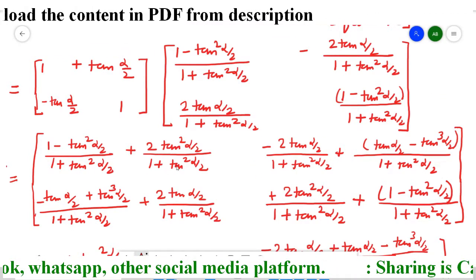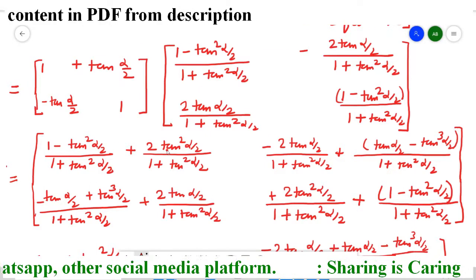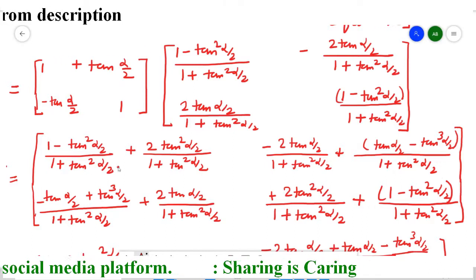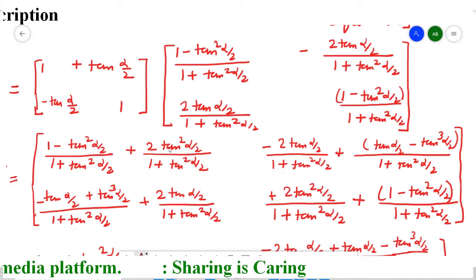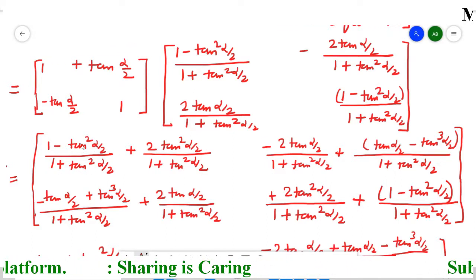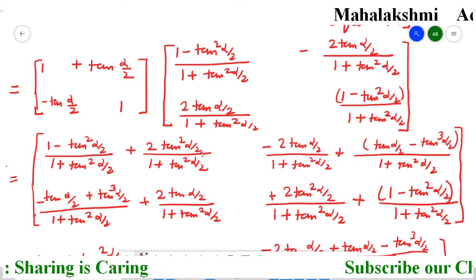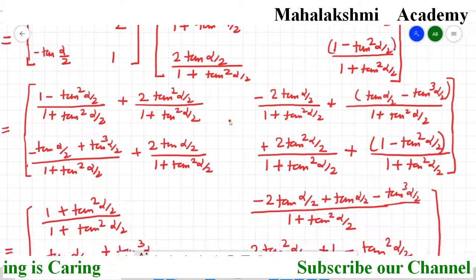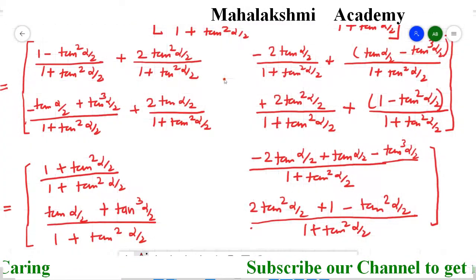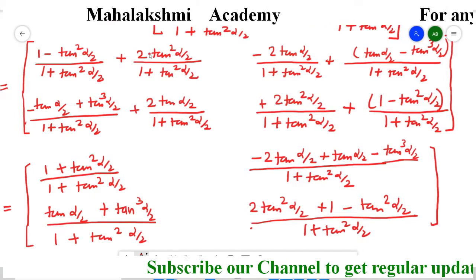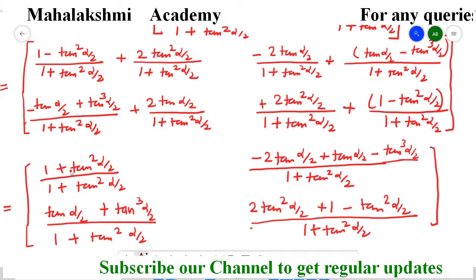Now just see, students, we have to add the two fractions, and we add them by taking the LCM. The denominators are the same, so directly you can add them. So this minus tan square alpha by 2 and this 2 tan square alpha by 2 will get subtracted. The next step is their addition. They will get subtracted: plus minus minus, and the sign of the bigger number, so plus will come here.